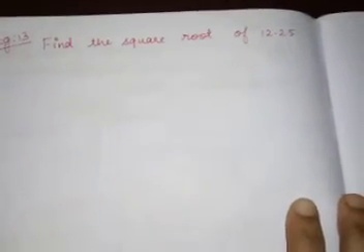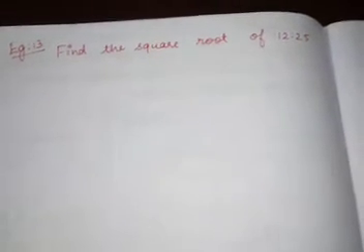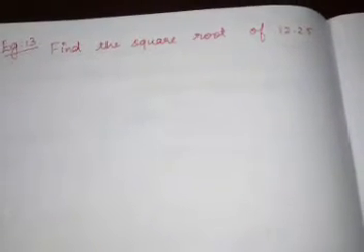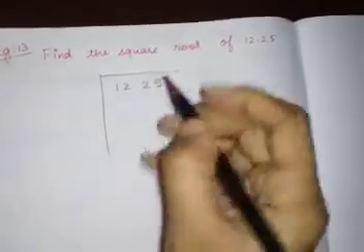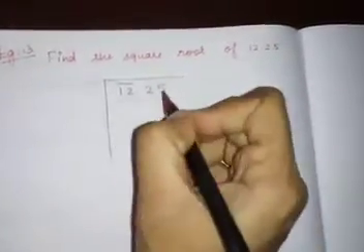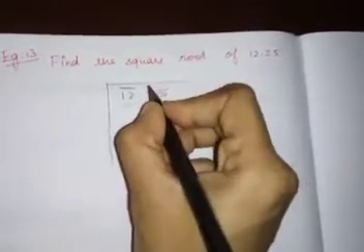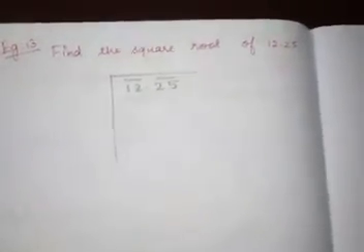Next is your example number 13. Find the square root of 12.25. Yes, we are going to find the square root of 12.25. So first, as usual, we are going to put the bar for that particular problem, right? So 12.25. How will you put the bar for this whole part? Two numbers you will put together, and in that decimal part also we will be grouping like this, so that you get a pair for that, right?